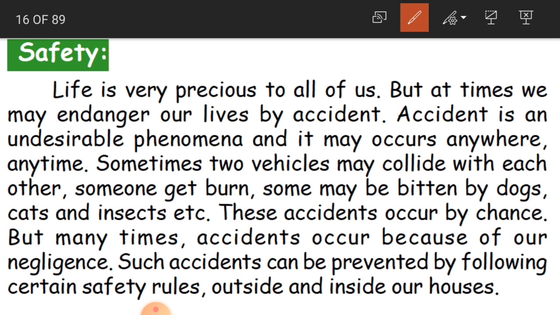So safety is what? Keeping ourselves safe. And life is very precious to all of us. But at times, we may endanger our lives by accident. So, we have learnt about transportation. Because we learnt about transportation, we are talking here about safety. What is transportation?